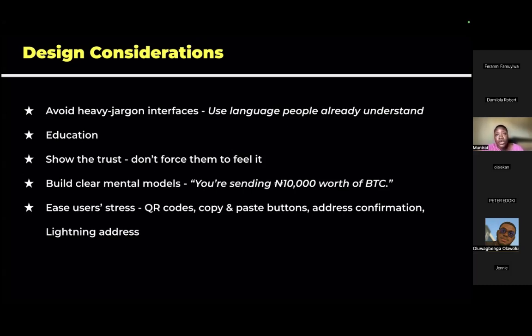Confirmation. Imagine you are inputting an address. You input it, you go through. People think anything that has to do with sending money is stressful. You input it, you enter the amount, your PIN, and then you click on send, and it's telling you pending. And then in your mind, you just drop your phone and say, okay, in the next 30 minutes, at worst, this thing will be successful. Then you come back, it has failed. And the reason it is telling you is that you entered an invalid Bitcoin address. Oh, you'll be so livid, because why didn't you tell me after I entered it? Why is it that I have to come back like 30 minutes or 1 hour later, because I just dropped my phone, and then I'm seeing that it failed because of that?